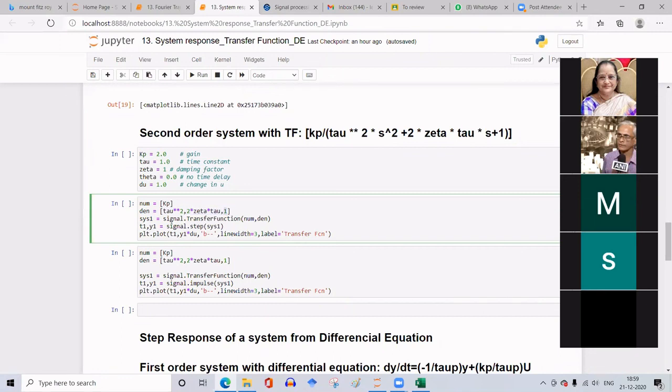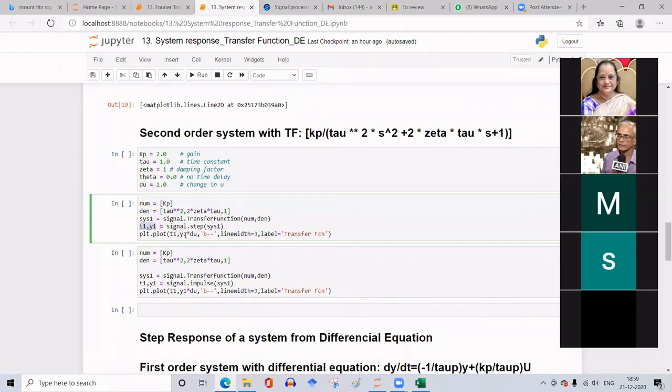Now we have defined the numerator and denominator of this transfer function, and we call signal dot transfer function to construct the system sys1 with the numerator and denominator defined by these two lines. And then we solve this transfer function using signal dot step, and give that system in the transfer function representation to get the time and the output, designated by t1 and y1.